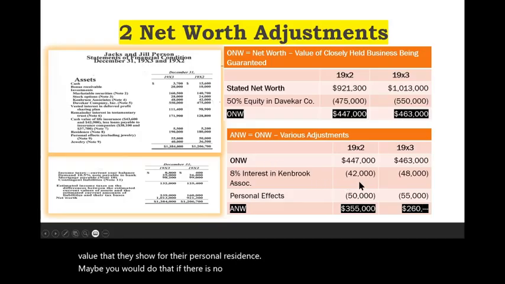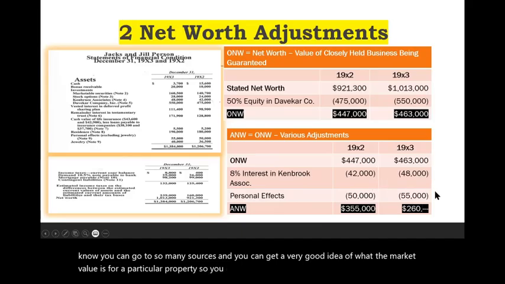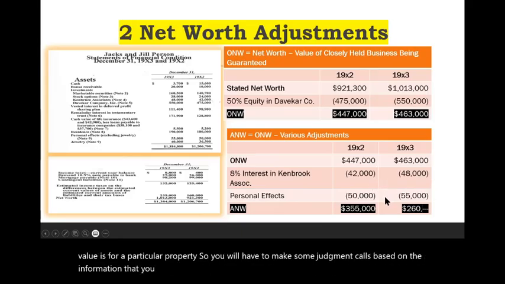But technology is such now, as you probably know, you can go to so many sources and get a very good idea of the market value for a particular property. So you will have to make some judgment calls based on the information that you have from the guarantor or guarantors,